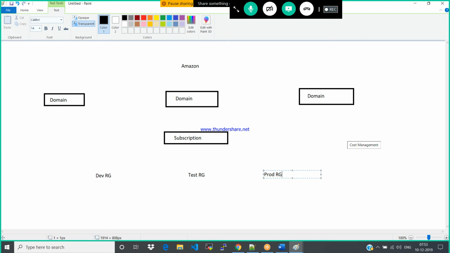Clear so far? So we call it subscription and user management. How do you manage your subscriptions? Again, you need not worry about this. This will be taken care of by your architect. The architect will design how many subscriptions you might have and how many resources you might have. All this will be managed and created by your architect.